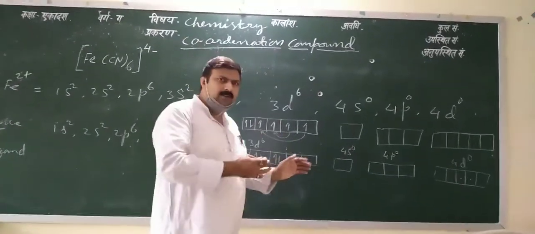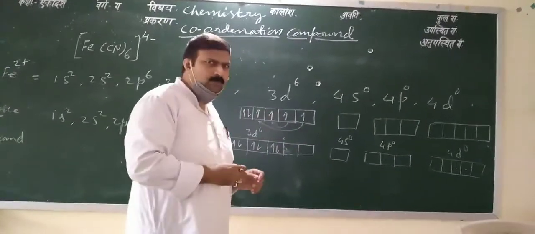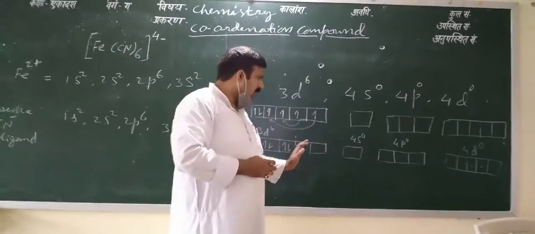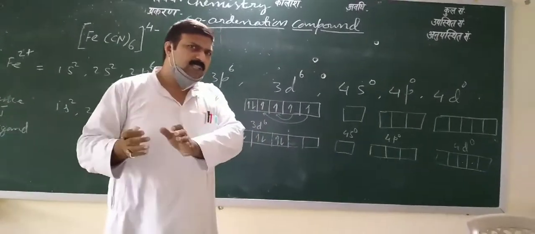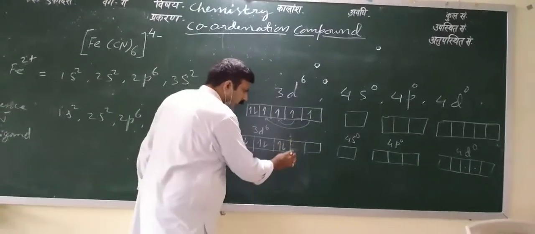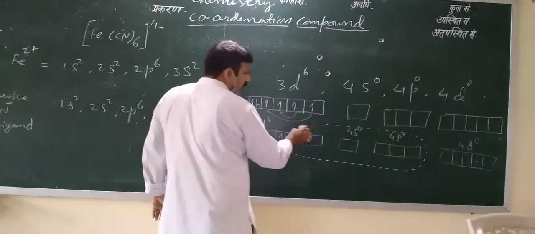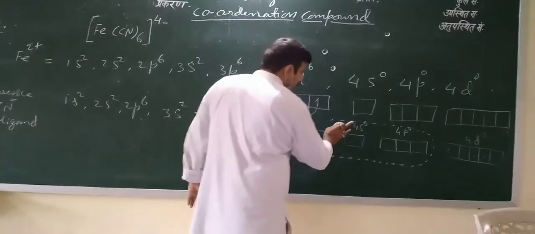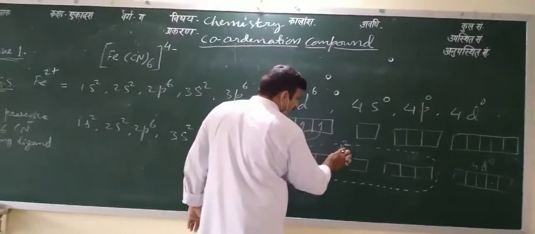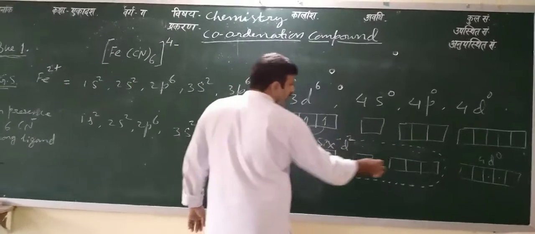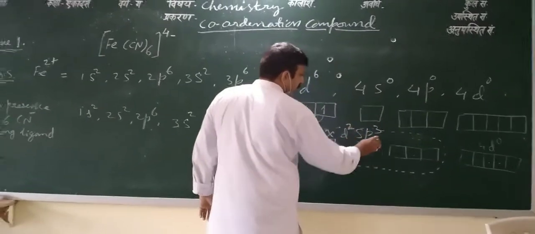So before being involved in bonding, or in the formation of a coordinate bond, they first undergo hybridization and, after redistribution of their energy, form 6 d2sp3 hybrid orbitals of equal energy. So two orbitals of 3d, 4s and 4p are involved in hybridization and form 6 d2sp3 hybrid orbitals. These are d2sp3 6: 1, 2, 3, 4, 5, 6.